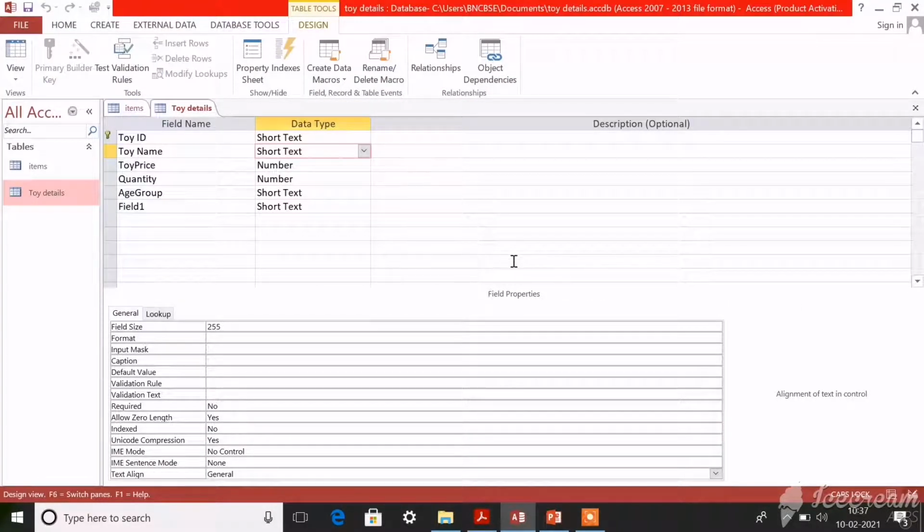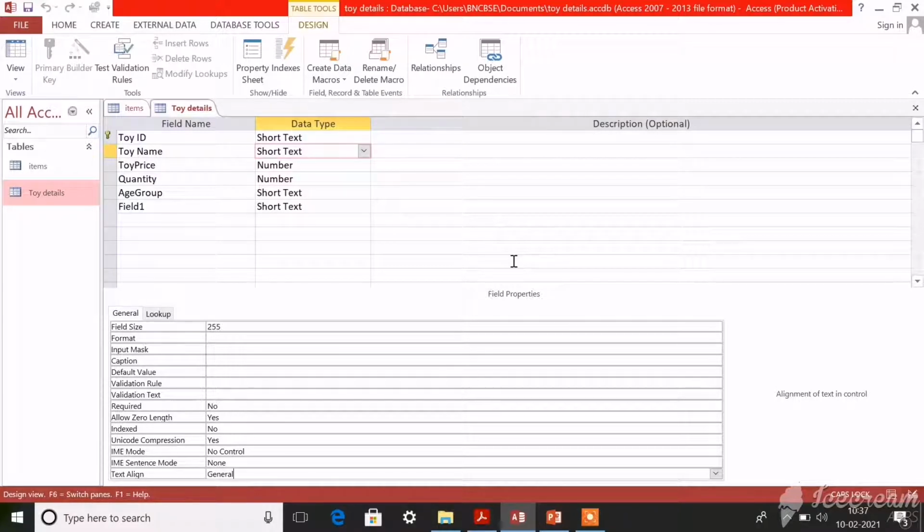Okay, I have opened your Microsoft Access 2013. This is Access 2013. And look here, dear children, I have opened a file already. This file is about toy details. We have already created this file, so if you have saved it in your laptop or your system, it will be available there.